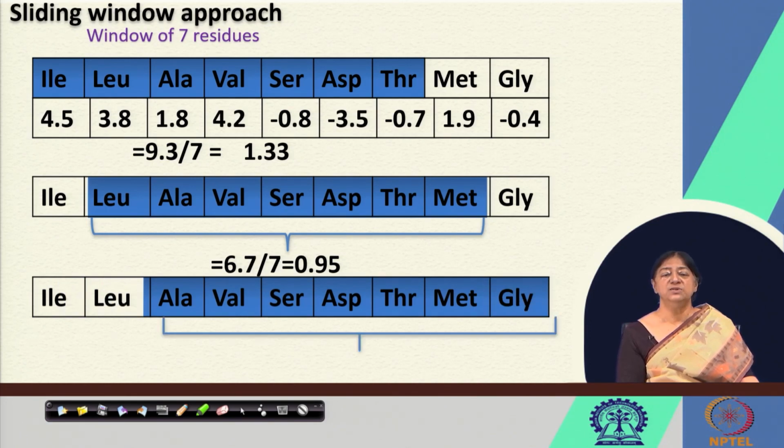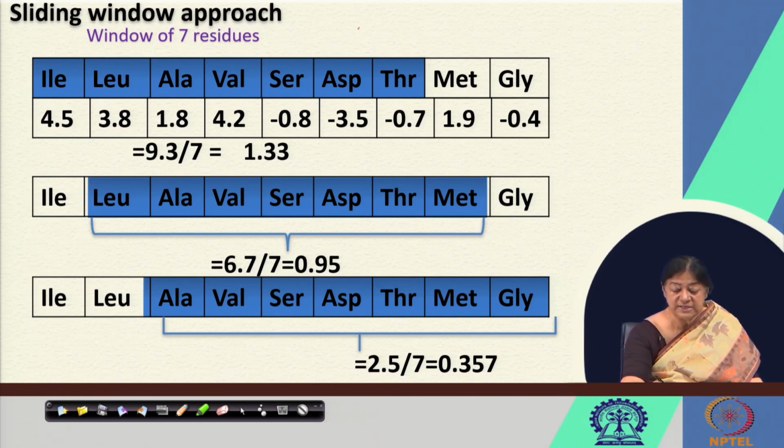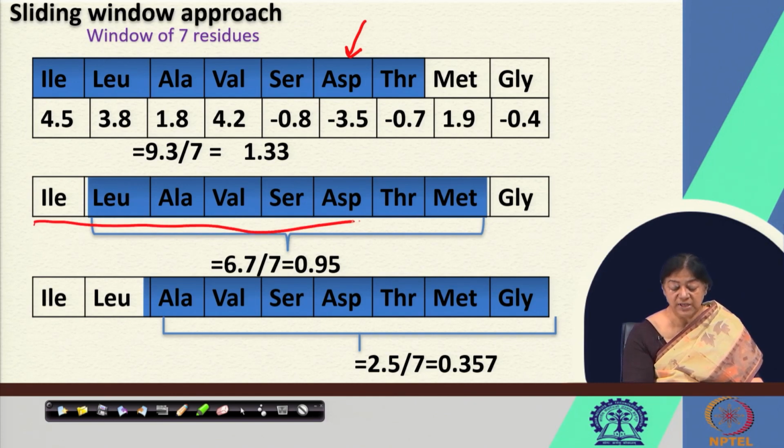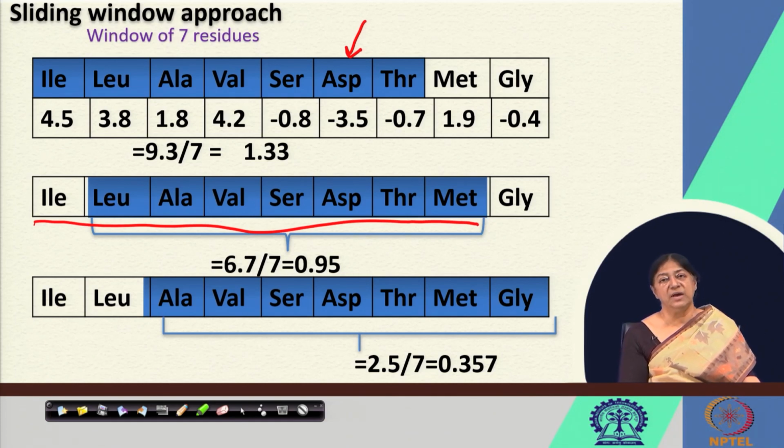Now, when we do this, what we are actually trying to look at is whether we have a positive region. Now, what is this positive region going to tell us? The positive region is going to tell us that we have a hydrophobic region in this case, because if we look at, see, there is here an acidic amino acid, but the overall region that we are looking at actually is hydrophobic in nature,